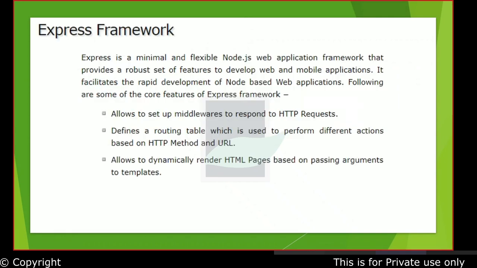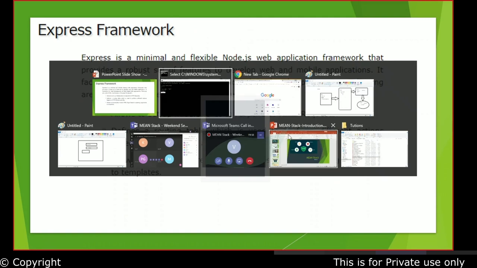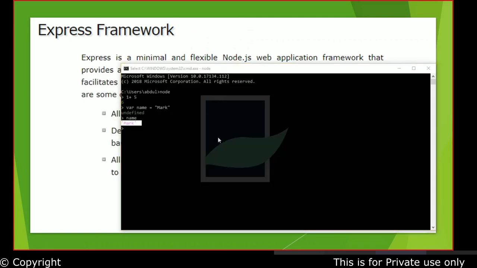Then coming to the Express framework. This is something which is built on top of Node.js. When we speak about Express.js, it is an extension to Node.js, a framework which leverages and is built on top of Node.js. How does Express.js come into the picture? It helps me set up middlewares to respond to HTTP requests. So essentially, what is a middleware? When we speak about Express.js, we will speak about